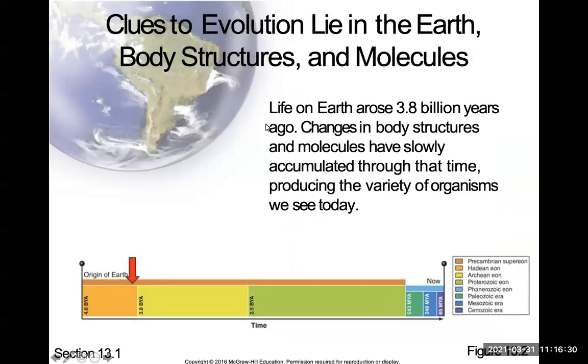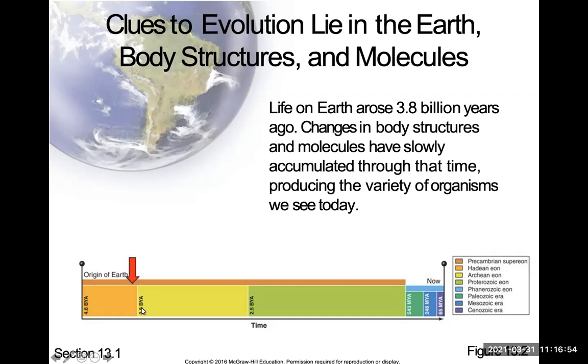So life on Earth came around 3.8 billion years ago. So this is the origin of Earth. 4.6 billion is nine zeros, million is 6 zeros. So this is when origin of Earth happened, and it was sterile for a while. And then after, not for too long, if you really think about this.